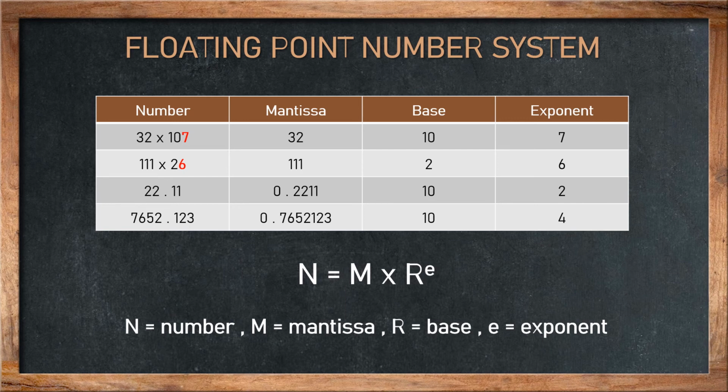See, in this one you have shifted your dot 2 places, you can see over here, left side 2, and in this one you have shifted your dot 4 locations, and so we got 4 as an exponent. So it's about the standard format and how to get any number in scientific notation format. So this is your floating point number system.